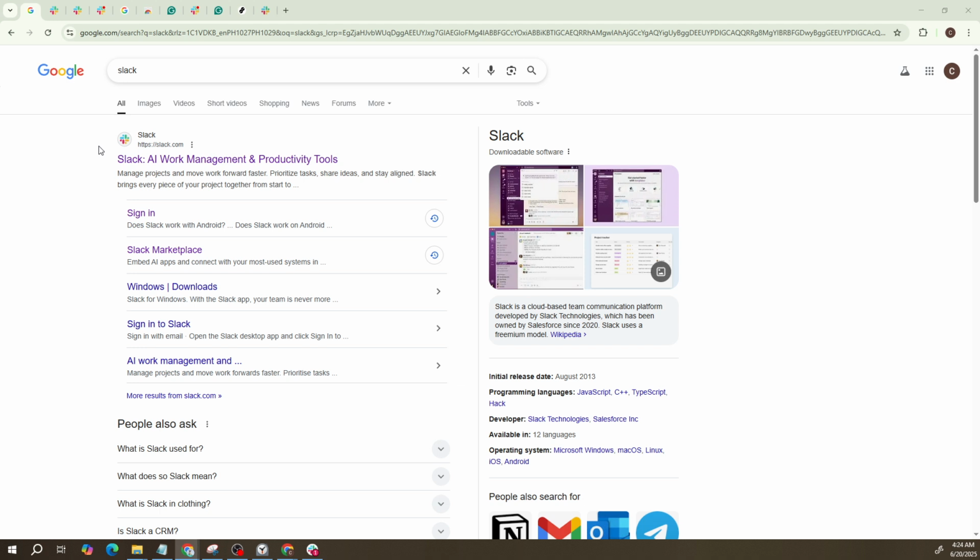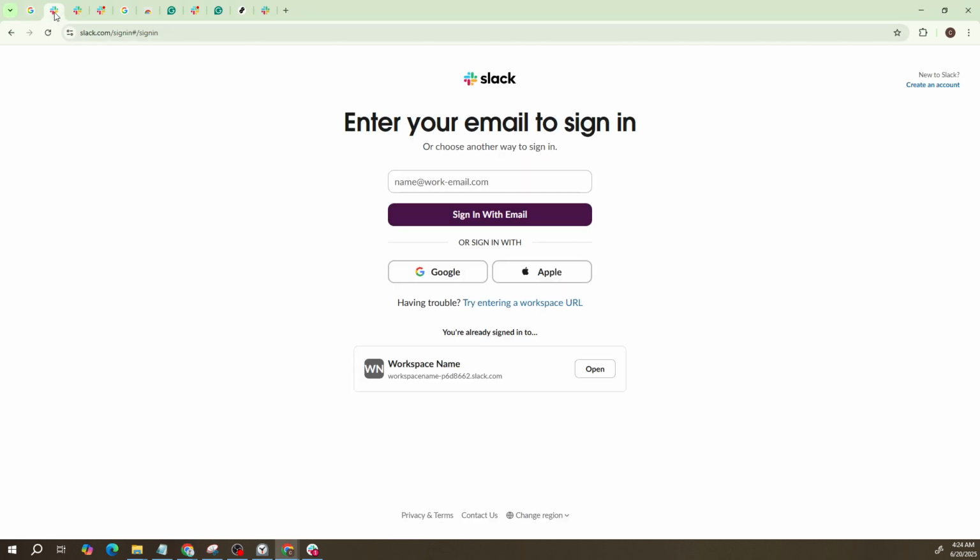First, we need to open up Slack. So go ahead and launch your Slack application or navigate to slack.com in your web browser. If you're not already logged in, you'll be prompted to enter your credentials. You have three straightforward options here for logging in. You can use your email, Google account, or Apple ID, whichever suits you best or is most convenient for you